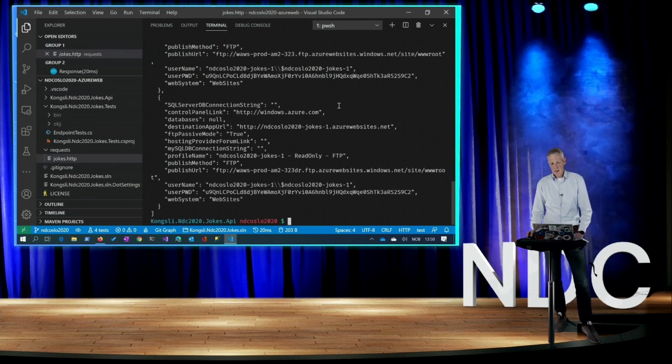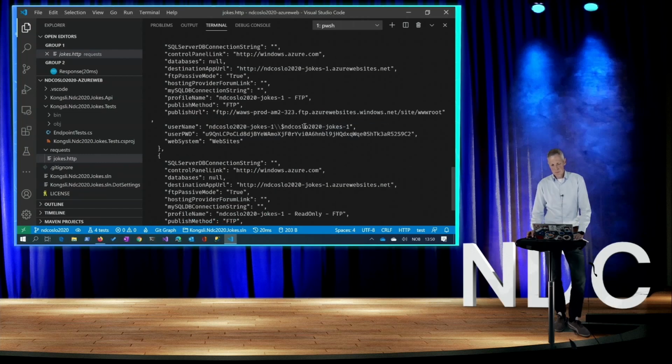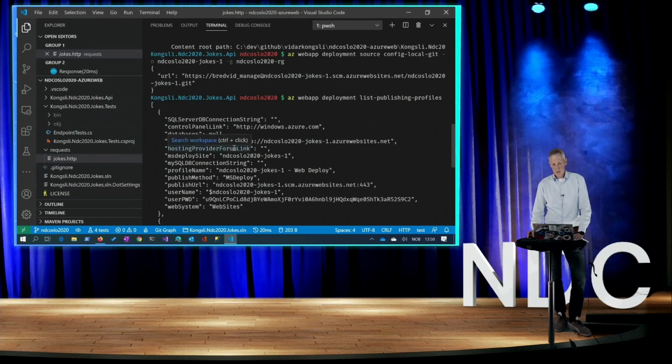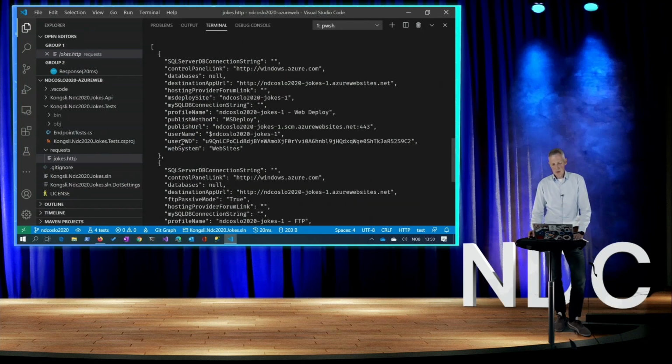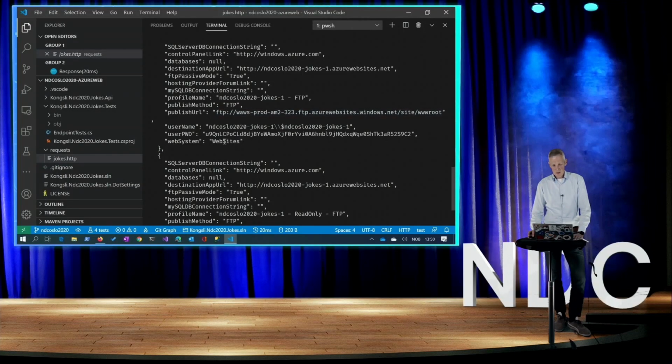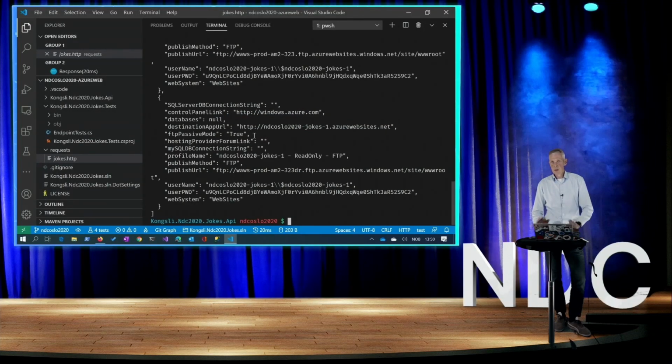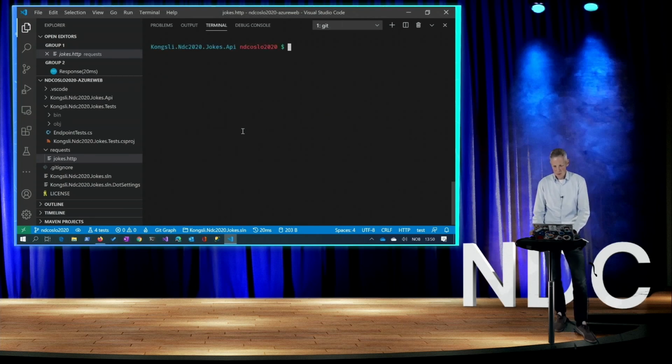So now I get a JSON array with some usernames and passwords that I can use when I push to this. So here is a username and a password. I will use this to construct the URL. And all the security people look away. This is not how I would like to do it in production, but for the demo purposes,